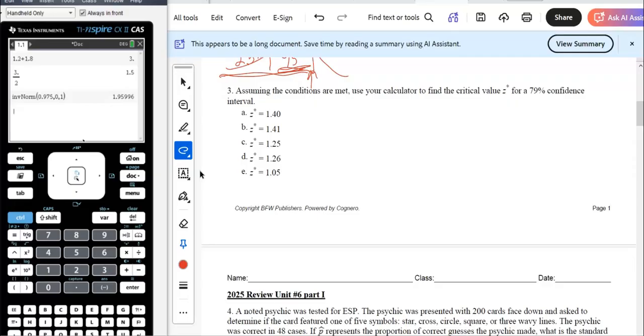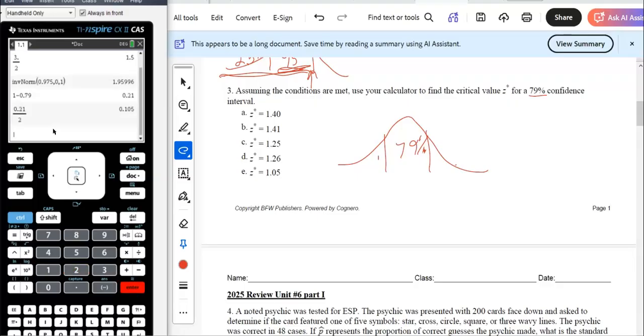Okay, well, what I just did might have helped us a little bit, so just more practice on this. If you want to find the Z critical value, you want to draw this with 79% inside of here. I don't know that in my head, so I'm going to do 1 minus 0.79. So there's 0.21 that's split between these two pieces, the pieces on each side. So I'm going to divide that by 2. So there must be 0.105 on each side.